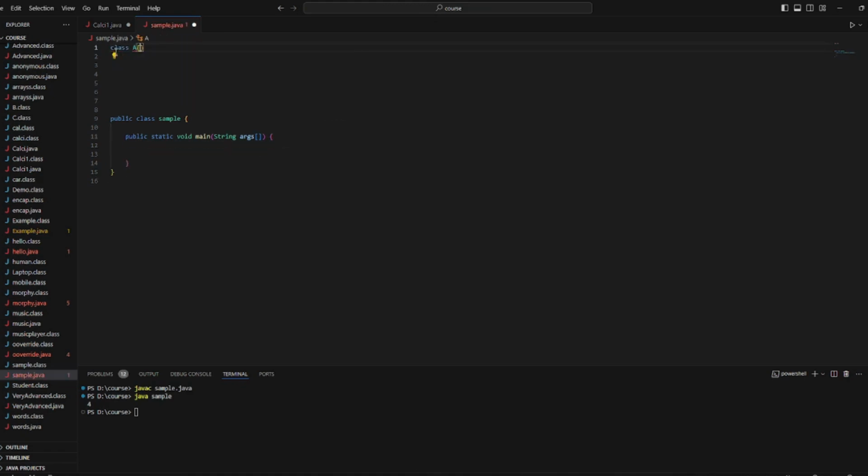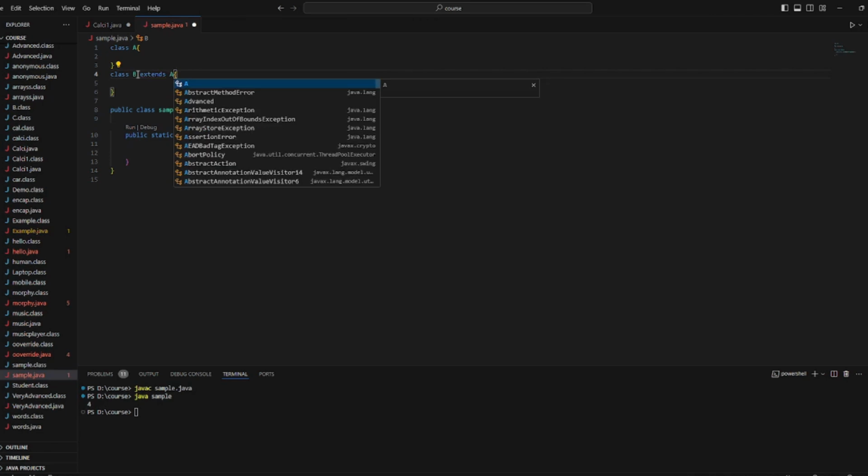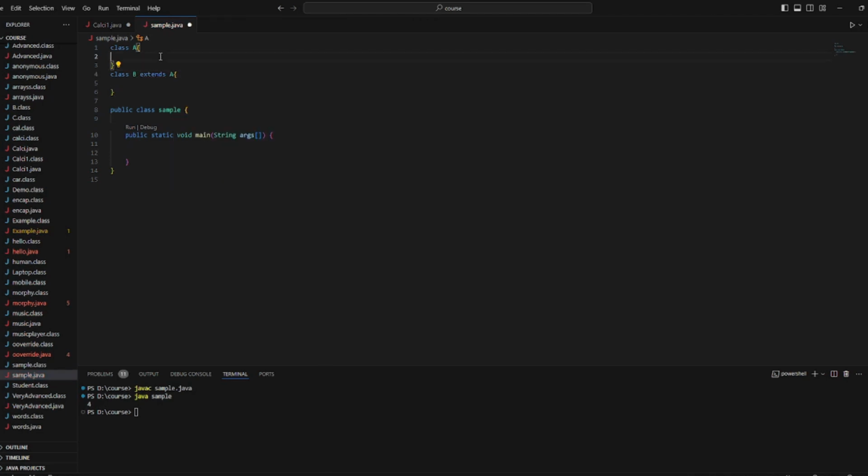I'm creating two classes, class A and class B, and I'm extending a class. Basically, I'm trying to bring inheritance here. And let me create a method.